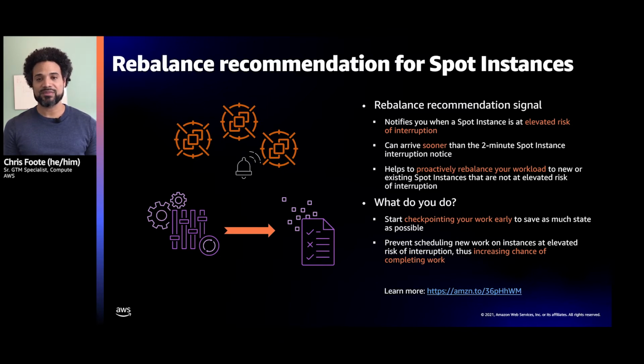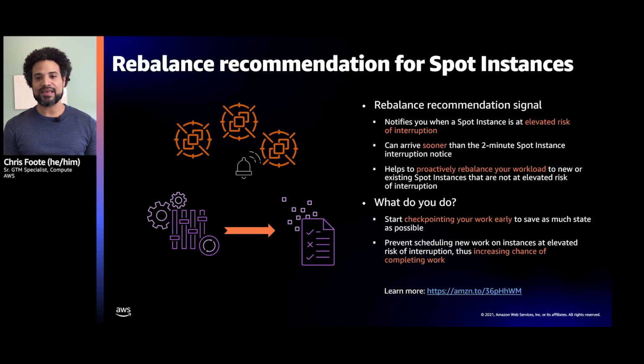The rebalance recommendation for spot instances is also integrated within auto scaling groups. We'll talk a little bit more about that in a moment. But effectively, if you enable auto scaling group support for rebalance recommendations, the auto scaling group will interpret that recommendation and begin to spin up a new instance before the old one is taken down. That increases the chance of you maintaining your desired capacity.